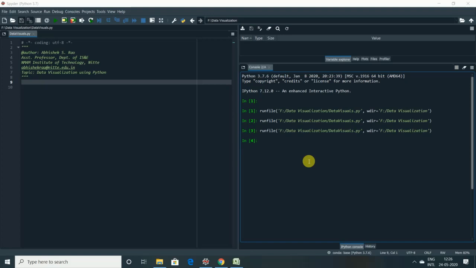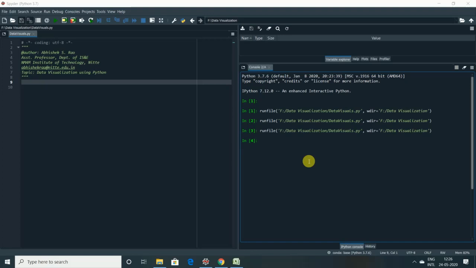Seaborn is primarily used for statistical data visualization, and it is a library that is based on Matplotlib. It provides a high-level interface for drawing attractive statistical graphs, and Seaborn has more features over look and feel as compared to Matplotlib.